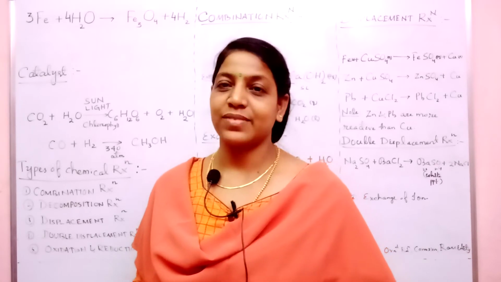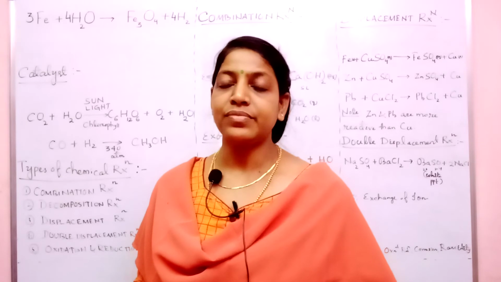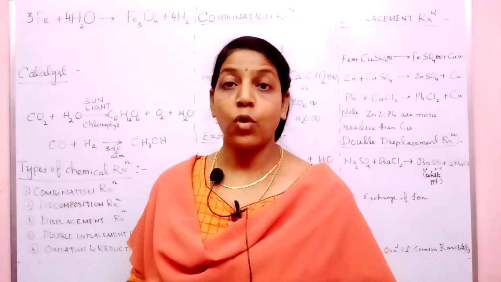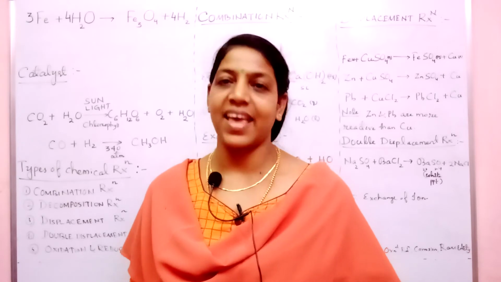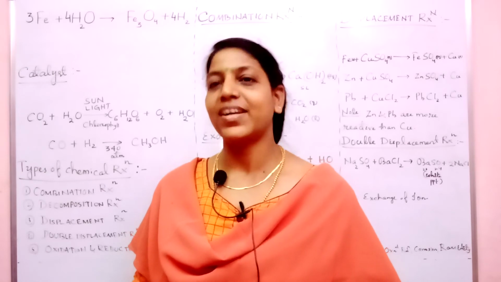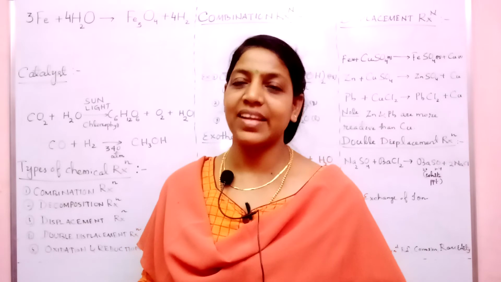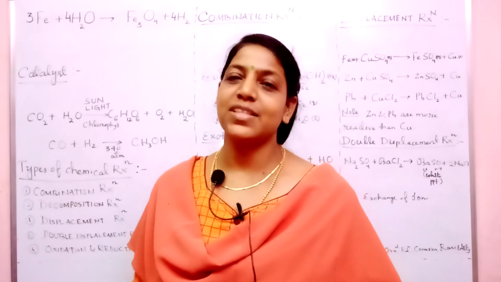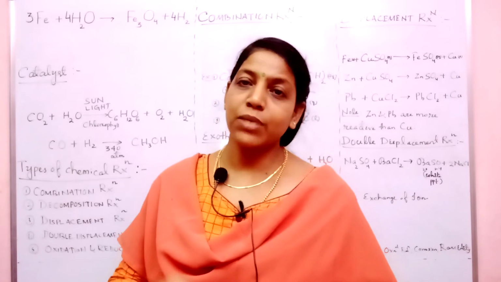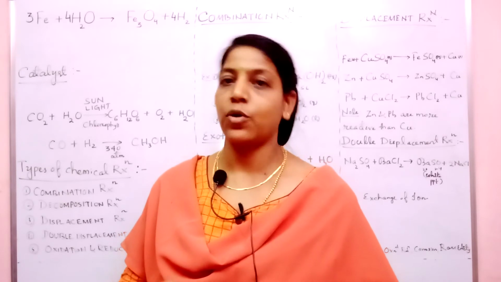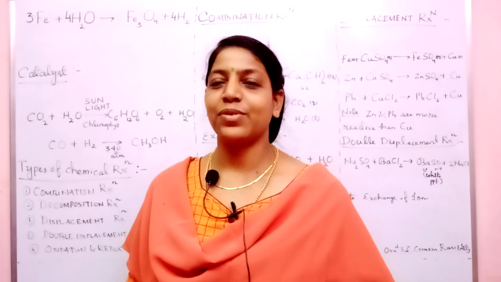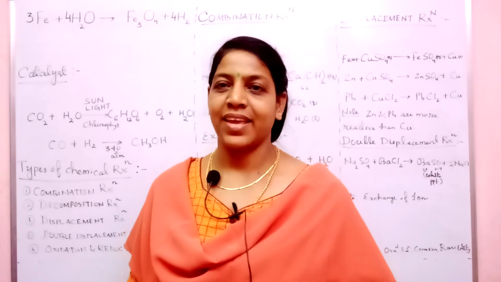One more example. In every car, there is generation of carbon monoxide, which is highly poisonous and toxic. So the catalytic converter is used. What is the catalytic converter? Platinum is used as the catalytic converter, which converts carbon monoxide, which is highly toxic and poisonous, into carbon dioxide. Hope you are clear about the concept of catalyst.